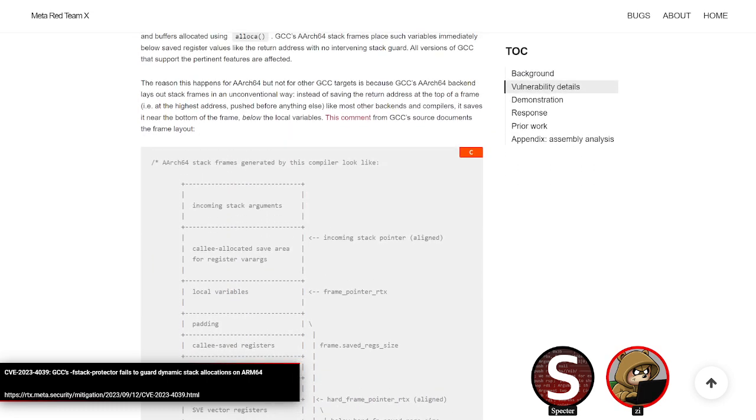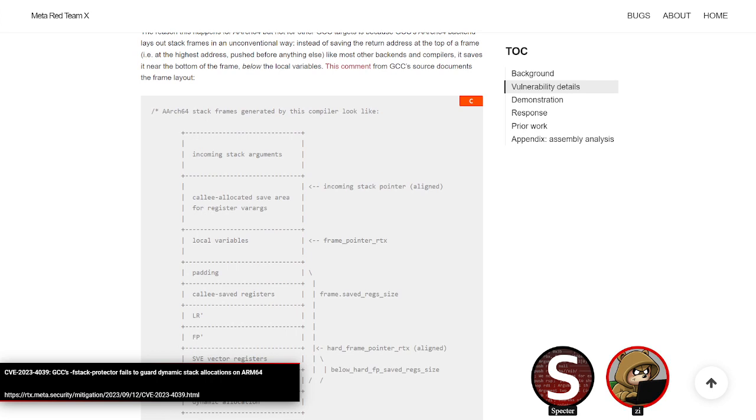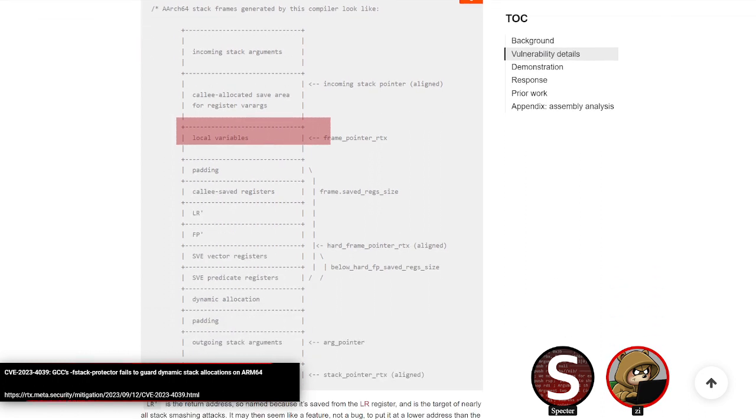So what they found on ARM64 is that the position independent code that implements a stack guard treats the stack guard as a local and just puts it first, making some assumptions about what the stack layout will look like. The problem is on ARM64, the stack doesn't quite look how it would everywhere else. You have a normal thing: before you make the call, you have the incoming stack arguments. You make the call, you have your local variables pretty early on, and have some registers saved.